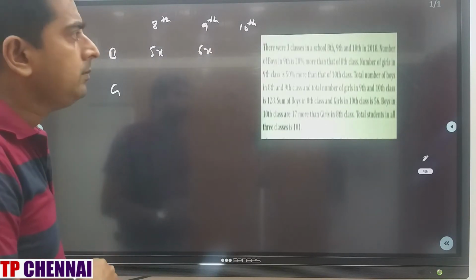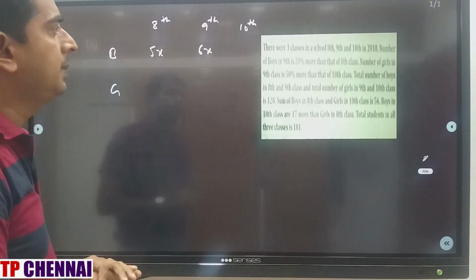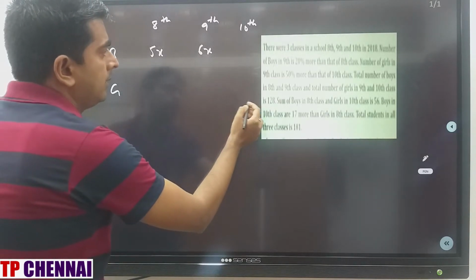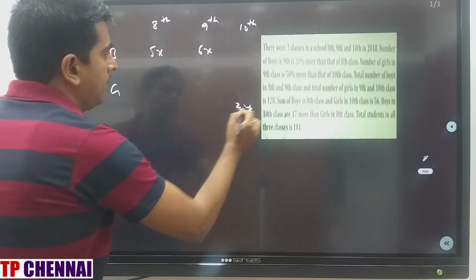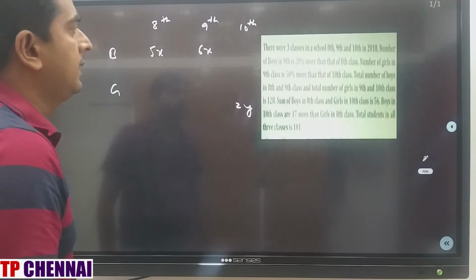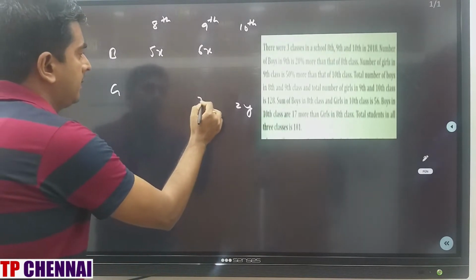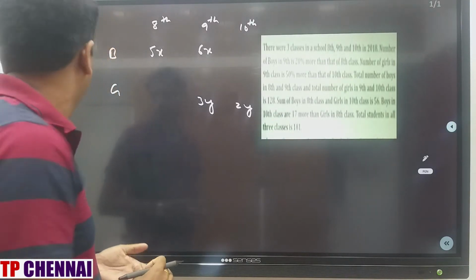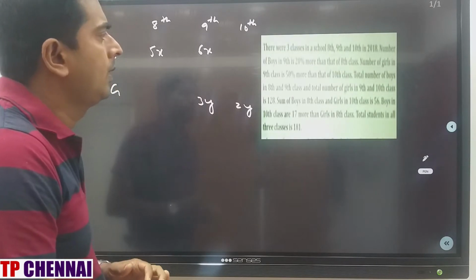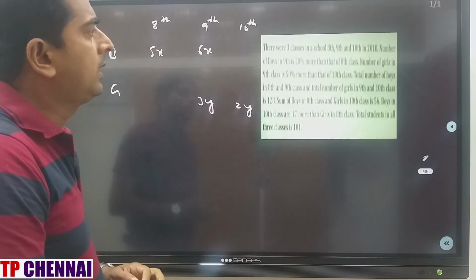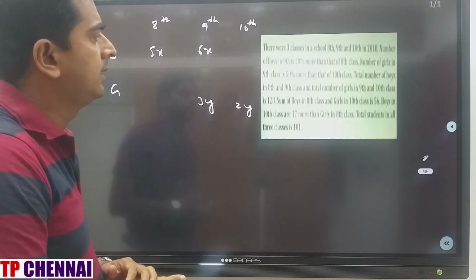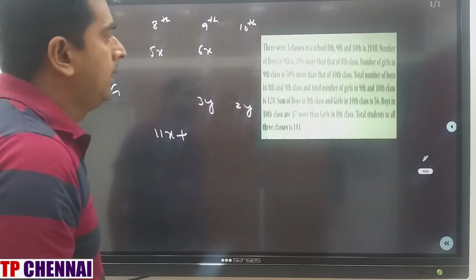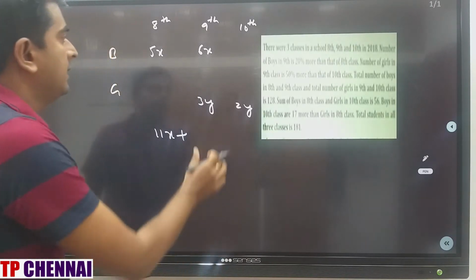The number of girls in 9th class is 50% more than that of 10th class. If 10th class girls is 2y, then the number of girls in 9th class is 50% more, this is 3y. 50% fraction value is 1 by 2. Then what have they mentioned here? The total number of boys in 8th and 9th class, that means 11x, and the total number of girls in 9th and 10th class, that means 5y,